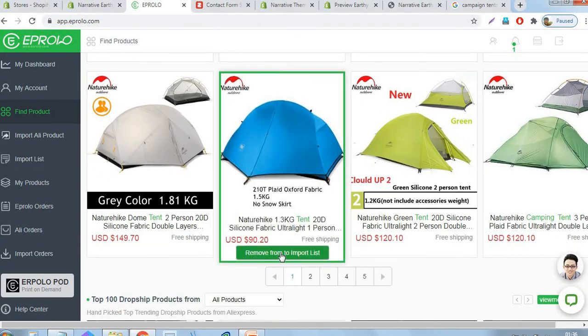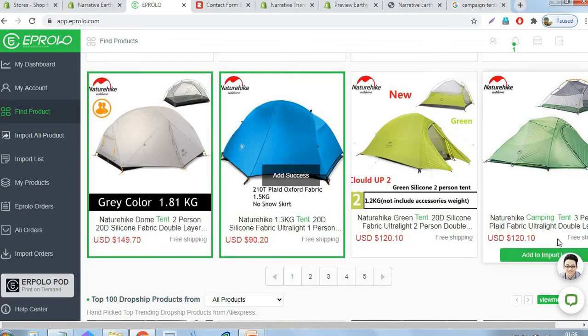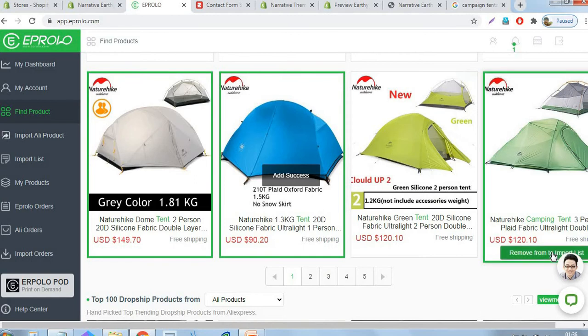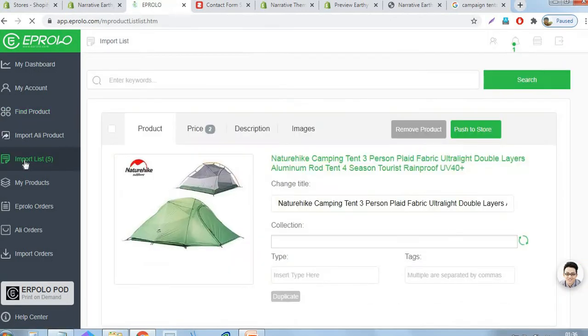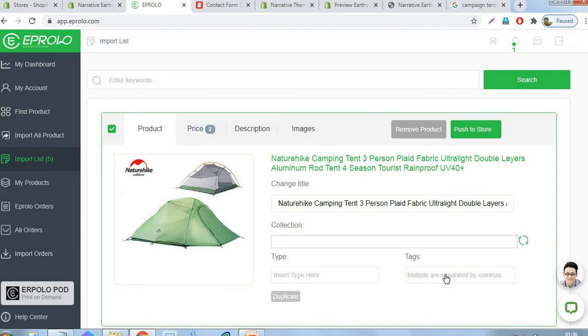After adding products to our import list, we can see those products in the import list section. There we just assign a tag and click the push to store button only. Then that particular product will be automatically published in our store. Very simple process.